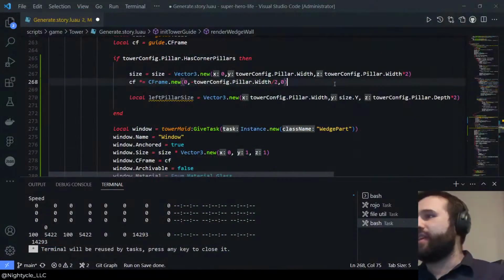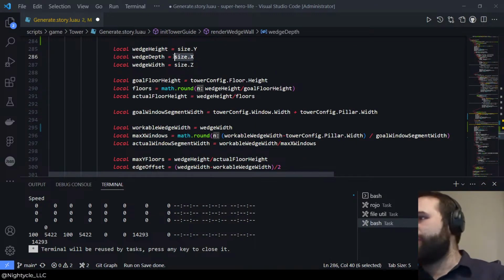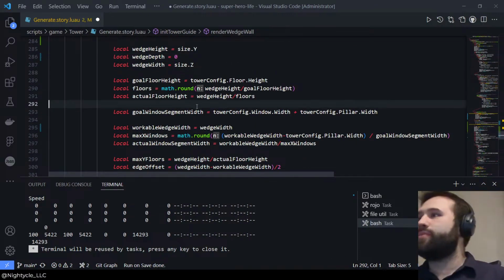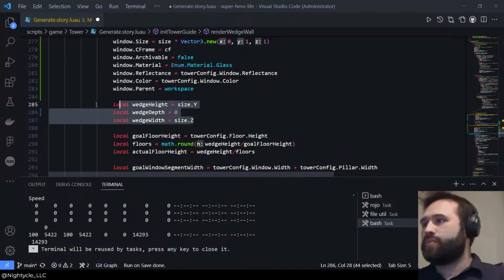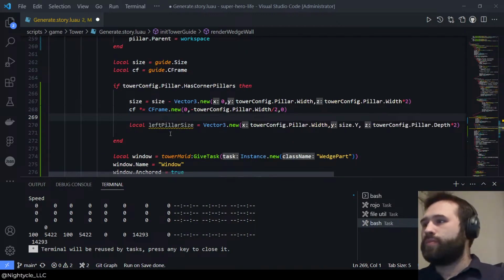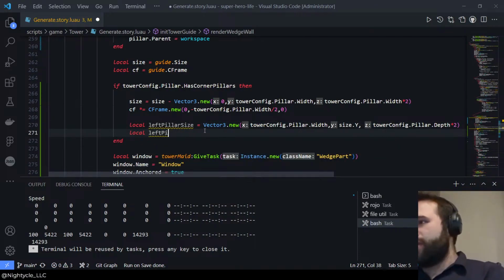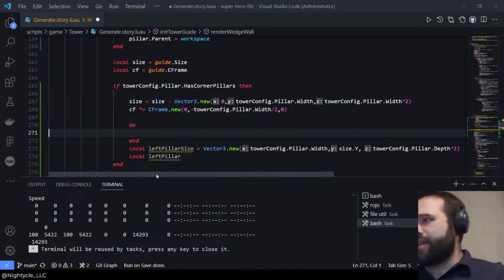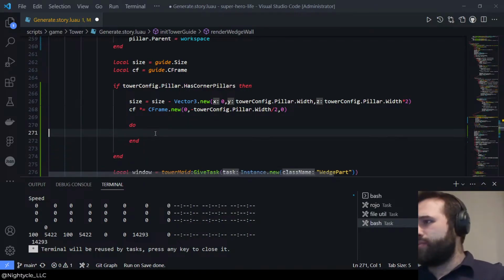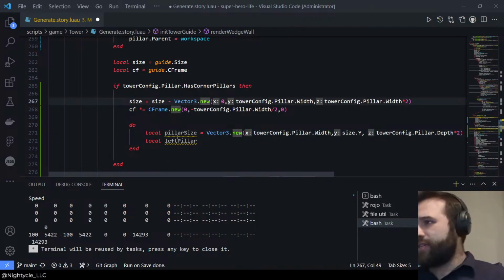Because I cannot think of one. So maybe let's just have pillar depth always be 0. Okay, so now the size local left, actually, let's just make this its own little domain. That way we can, okay, so pillar size,